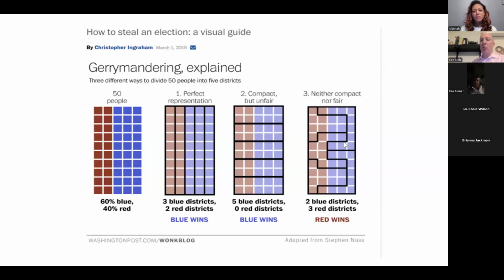So that third scenario I mentioned is much more likely to happen in a situation where we have the complex computer models, where you know exactly the partisan distribution of everyone in your district. And we also know that today, unlike in the past, most people don't change their partisan affiliation. So once you know someone's voted Democrat in the last 3 elections, or voted Republican in the last 3 elections, it's very easy to model the likely electorate in the next election.